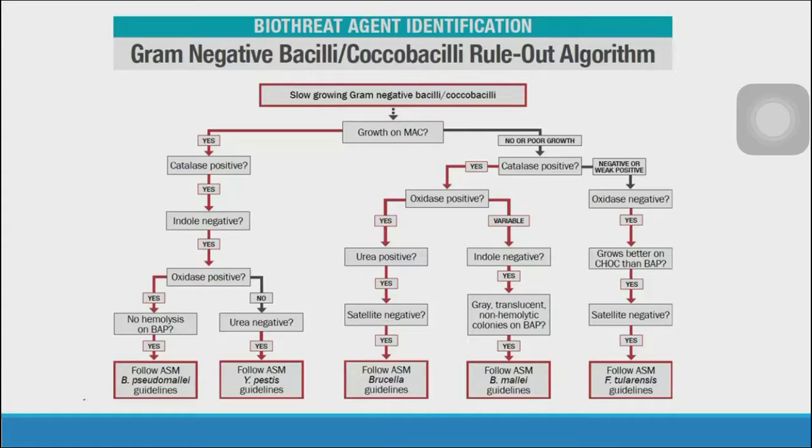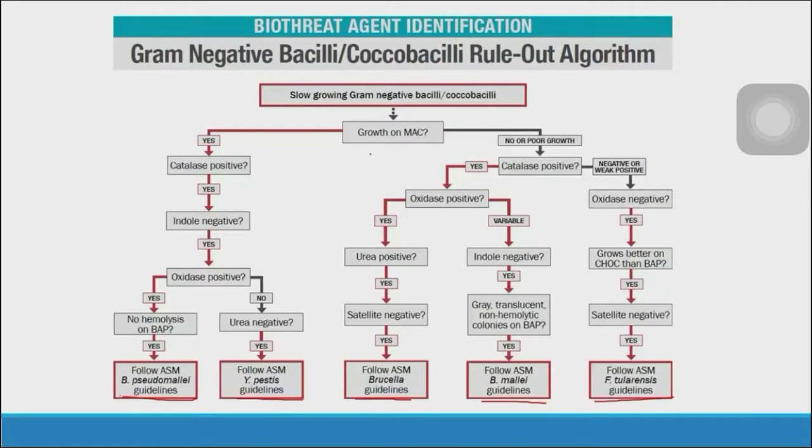So yung 5 organisms here include Burkholderia pseudomallei, which causes melioidosis. Yersinia pestis, again, we have yung bubonic plague. For Brucella, of course, brucellosis or Malta fever. For Burkholderia mallei, which causes glanders or farcy. Francisella tularensis, we have yung rabbit fever, or tularemia. So these are the 5 organisms here. So, paano mag-start yung rule out? Again, lahat sila gram-negative.